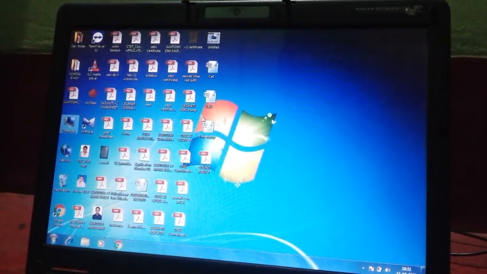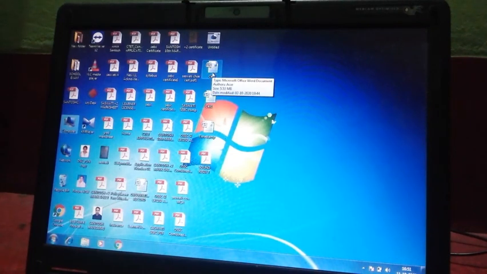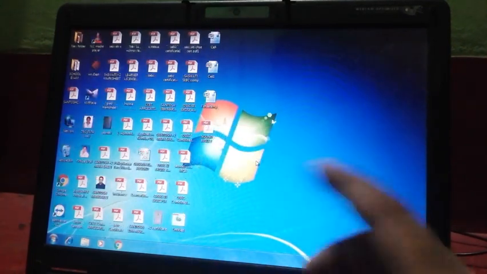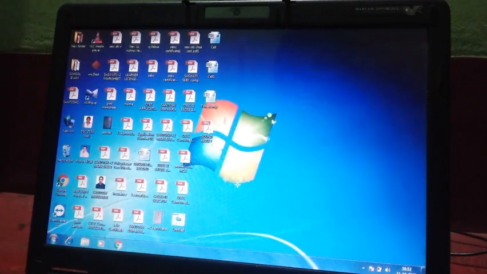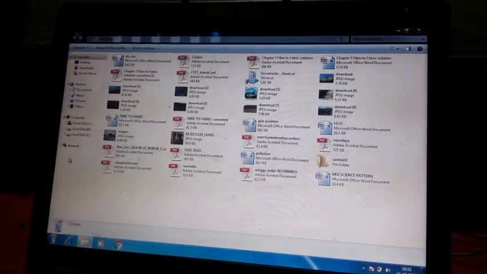Suppose I want to delete, say, Cell. Here you can see a file named Cell. Suppose I want to delete it. Then I click on the delete button, then press yes. Let's see, students. The deleted file will be automatically stored in the Recycle Bin. When I double click on the Recycle Bin, the Cell file will be displayed.